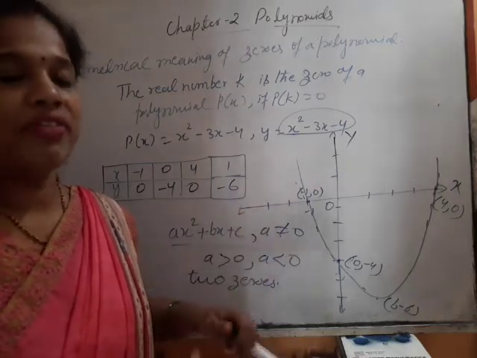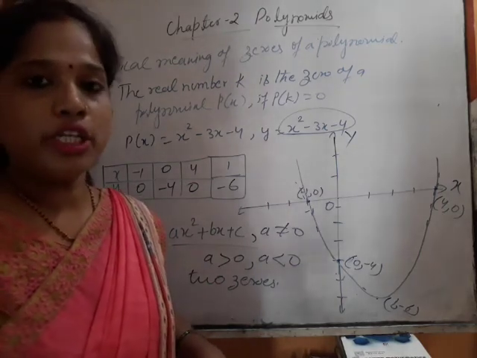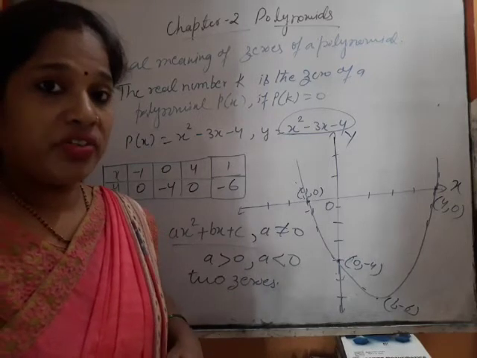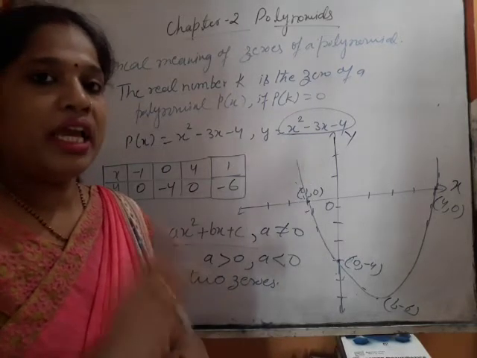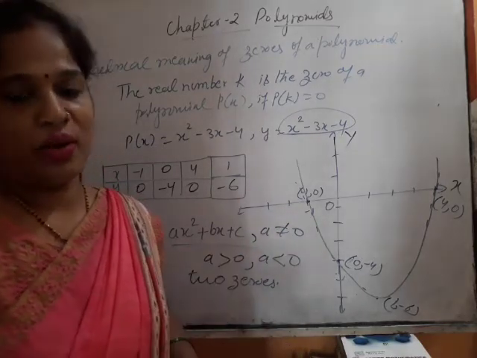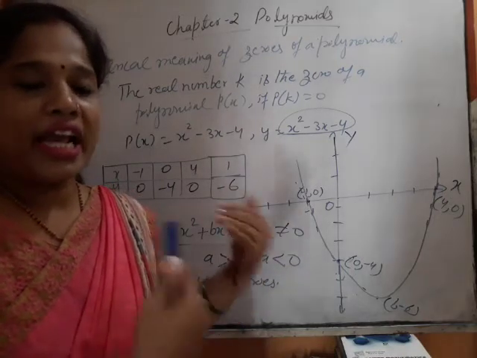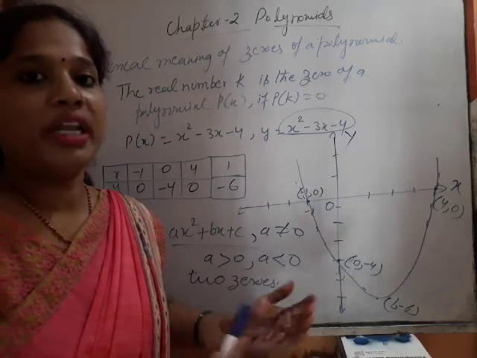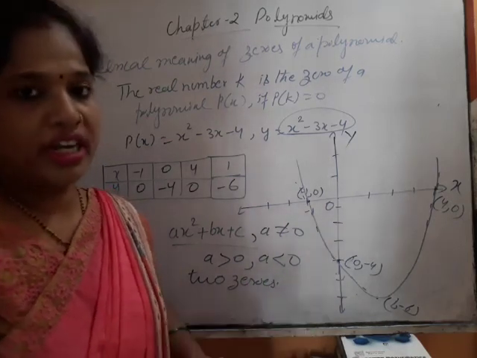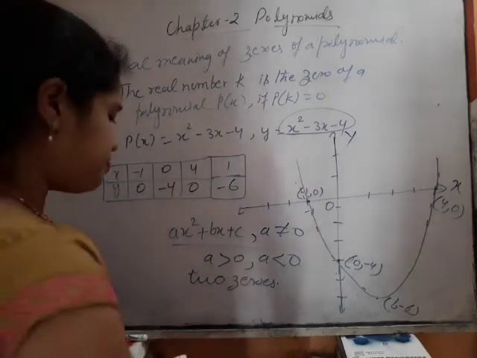After plotting the graph, either the polynomial is linear, that means of 1 degree, or it is of 2 degree. We know algebraically how many zeros it will have. But geometrically, we have to see only one thing: where the graph is intersecting the x-axis. Then we will have the x coordinates. X coordinates will be the zeros of the polynomial, of those points where it is intersecting the x-axis. Okay, I hope you have understood.